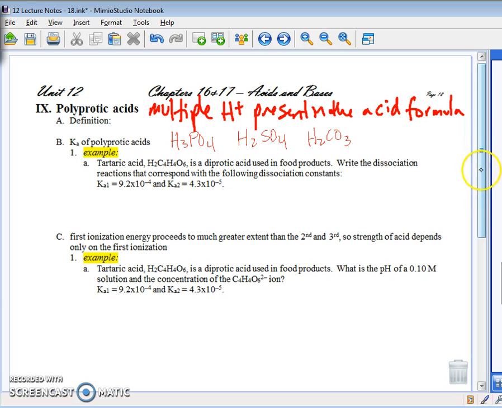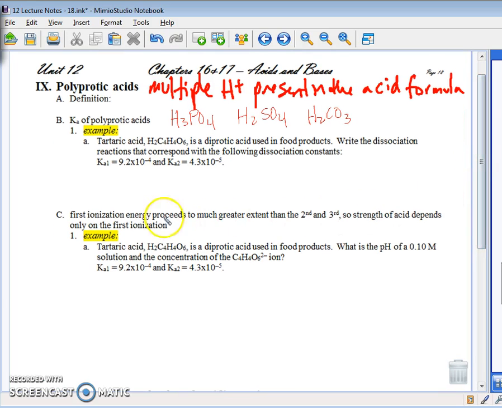So, what's the difference between this and a regular one? Notice you have 2 or more H pluses that can be removed. So, if I were to graph the pH versus the volume of the base that you would add,